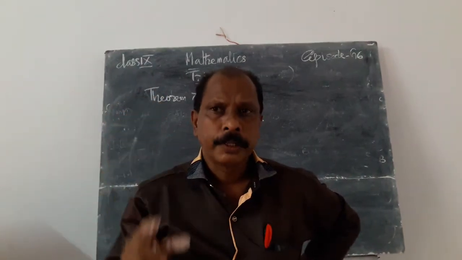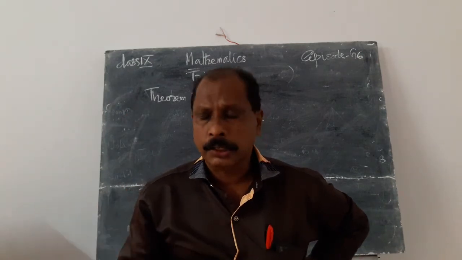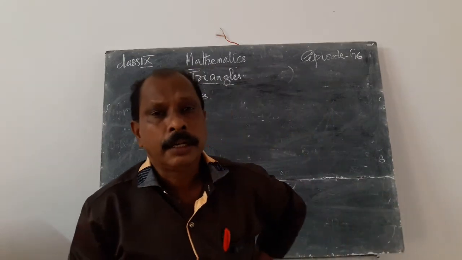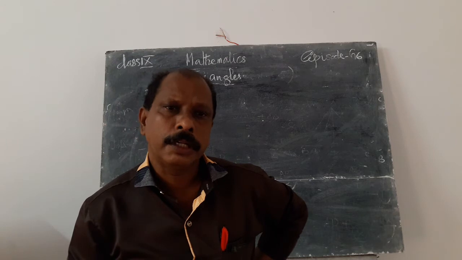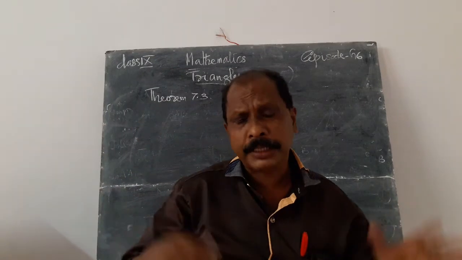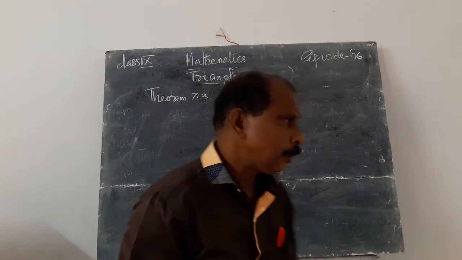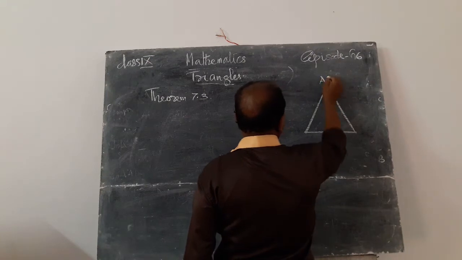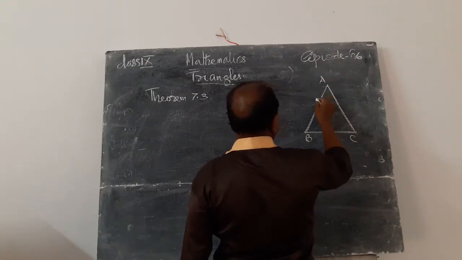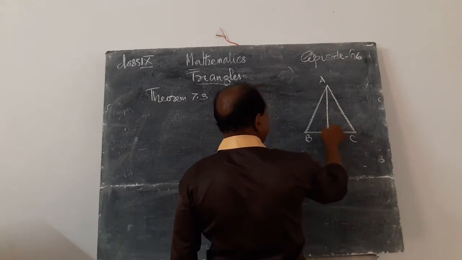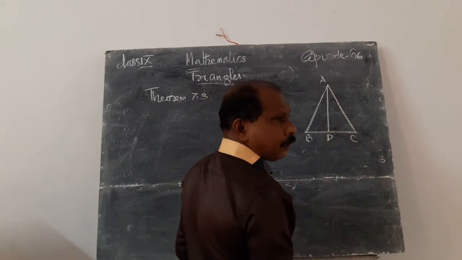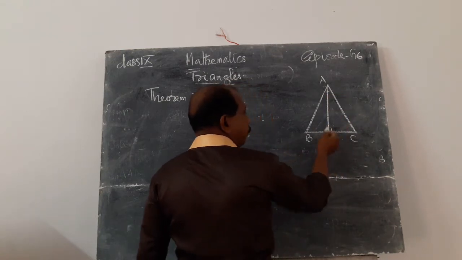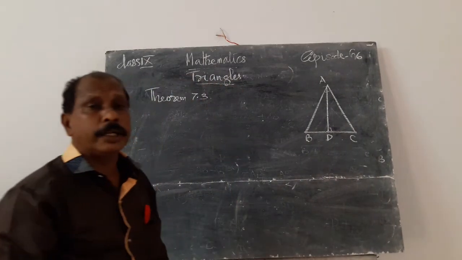that is within memory. Therefore, the corresponding sides are equal, therefore angle B is equal to angle C. That is known as CPCT. CPCT means corresponding parts of congruent triangles. We can prove that one. There are other methods to prove this, other than the RHS method. Then there is another method, for triangle ABC, that is an isosceles triangle. Therefore, AD is the perpendicular bisector and also it will bisect the angle. D is the midpoint of BC, therefore it is also known as median.